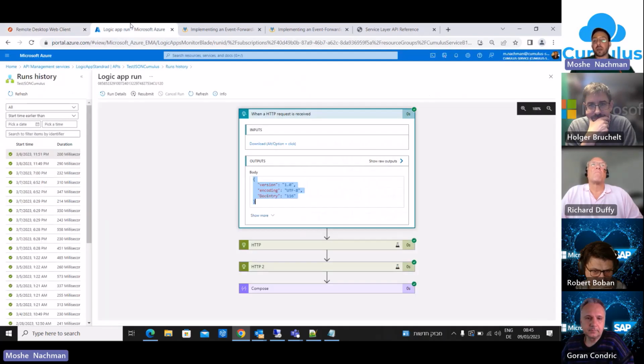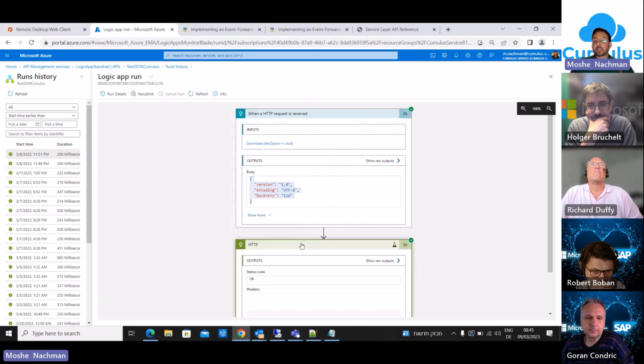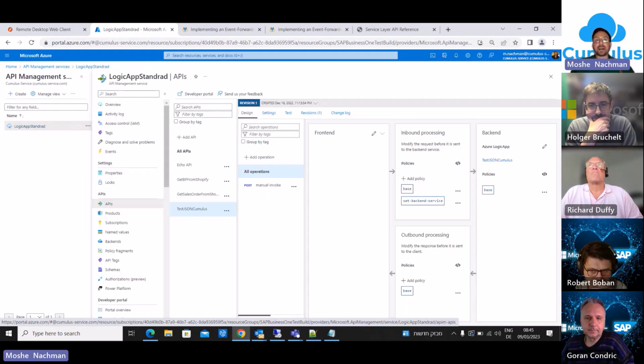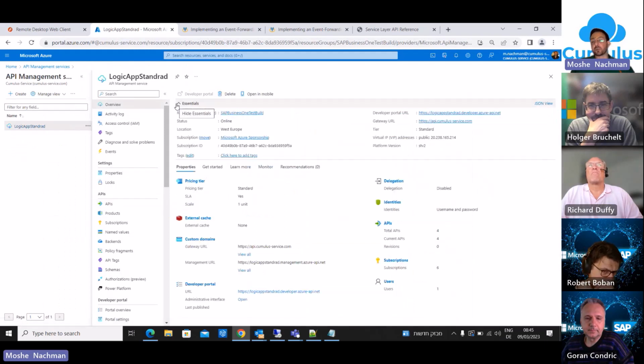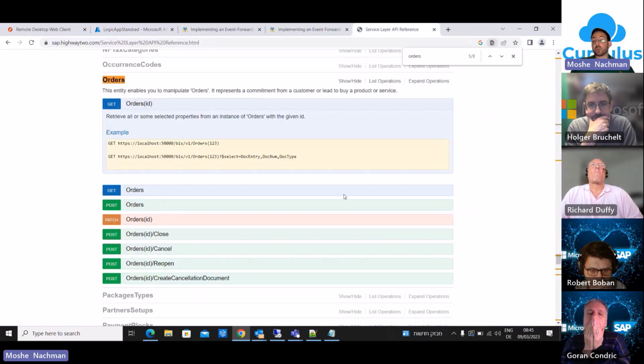and then once I have it here on Azure, I can use the service layer and potentially create other objects. For example, in this case, I'm not going to get into how we connect to the service layer because it's just getting too technical. But we can potentially get into the service layer. We can use that API reference to do other stuff and create loops and enrich the data and further call